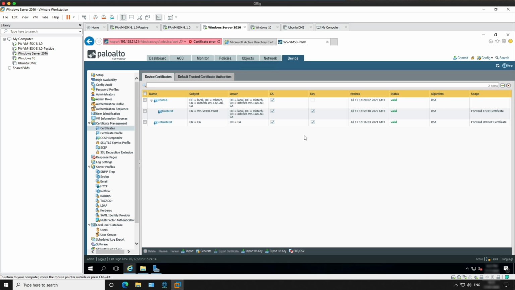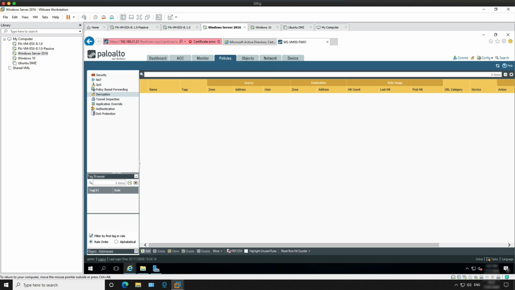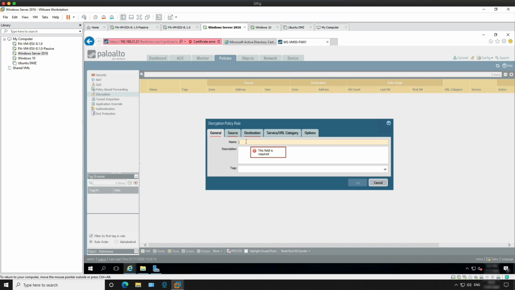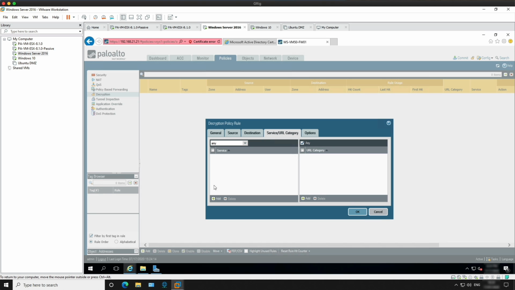Okay, so let's move on to creating the decryption policy. So we're going to click on the policies tab, and then decryption, and then click add. And first of all, we're going to add the do not decrypt policy. So do not decrypt. The source tab is going to be all the internal zones, so DC, DMZ, and users. And then the destination is going to be the internet zone, which is the untrust. And then on the services tab, we're going to have any